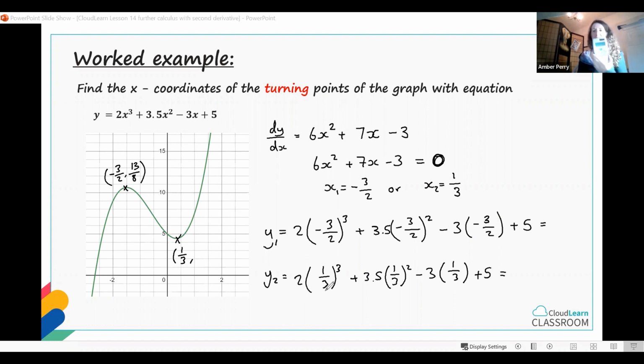If you've got a calculator like this, it's really easy. You just use the arrow keys and the fraction key. Type it in exactly as you see it, okay? So,